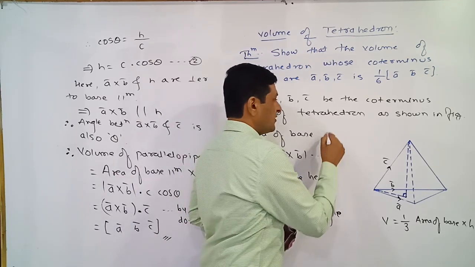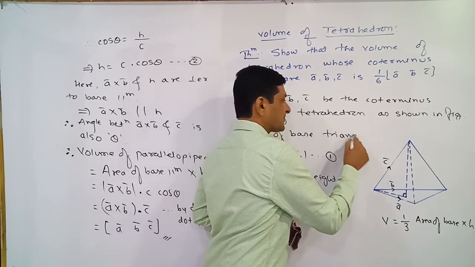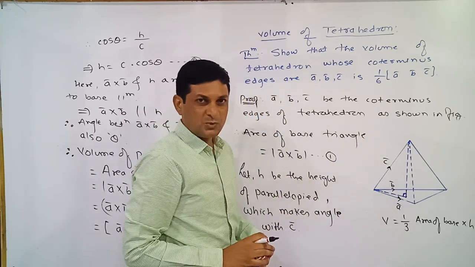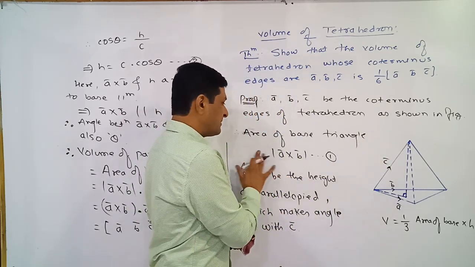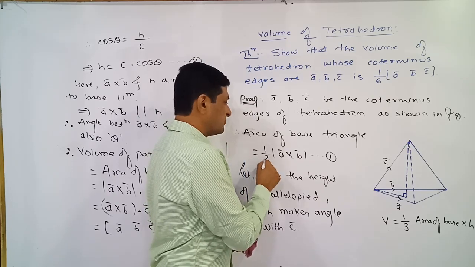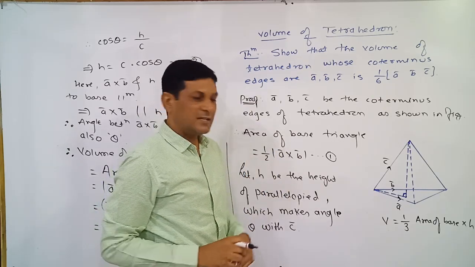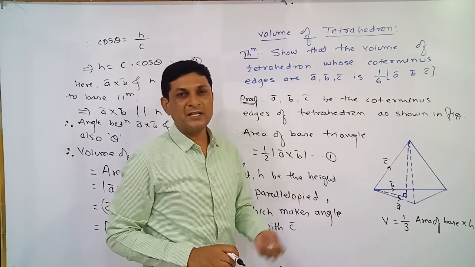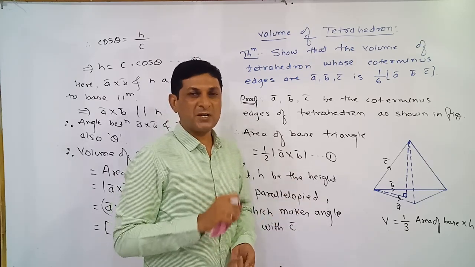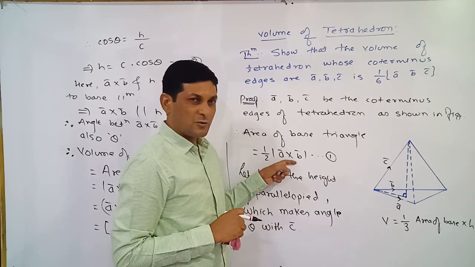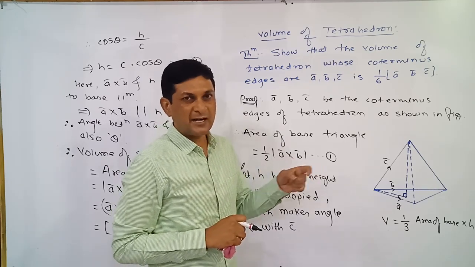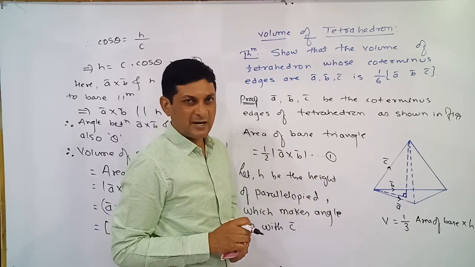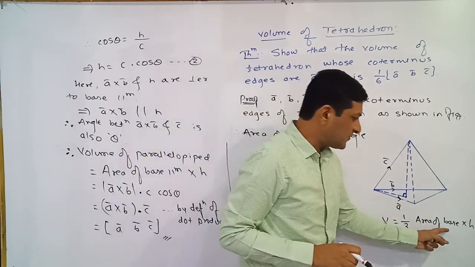So first we are trying to find out the area of the base, but here the base is like a triangle. So the area of the base triangle is equal to, so A bar and B bar represent two sides of a triangle, and if A bar and B bar represent two sides of a triangle, then we know that the area of the triangle is half the magnitude of A bar cross B bar. All these results we have studied when we saw the important results of cross product. Now we have got our first required value.